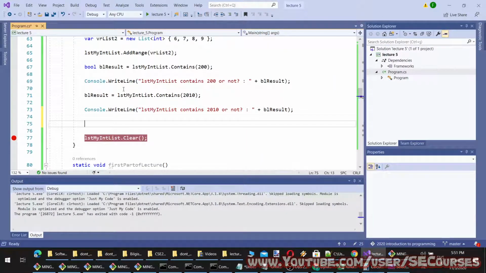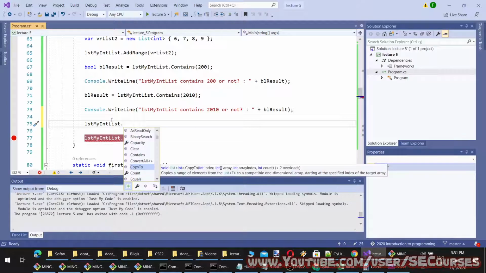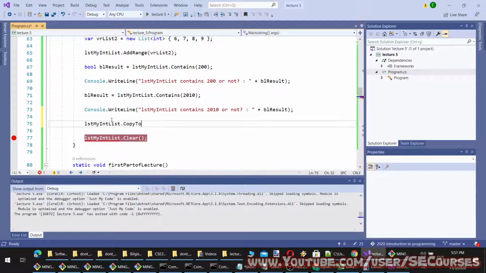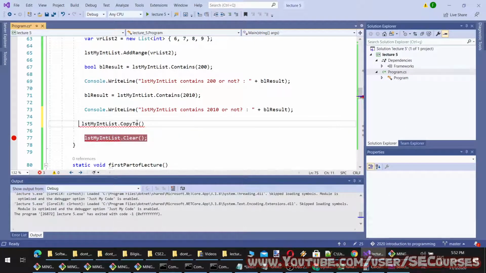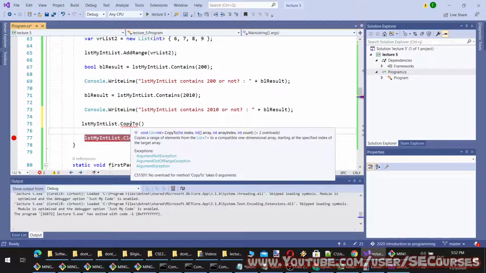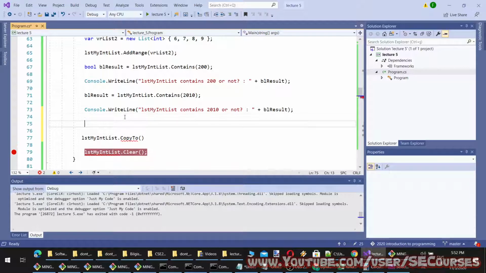And what more methods can we utilize? There is the CopyTo method, like the previous one. Let's make a CopyTo call. The CopyTo method is, as you can see, void. Therefore we have to have the other array ready and initialize it.